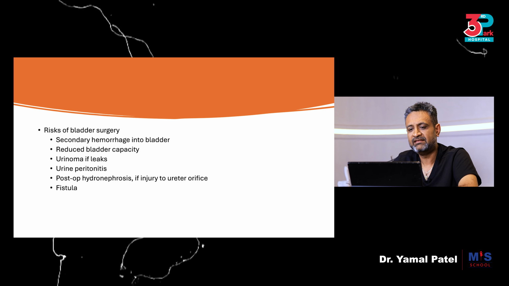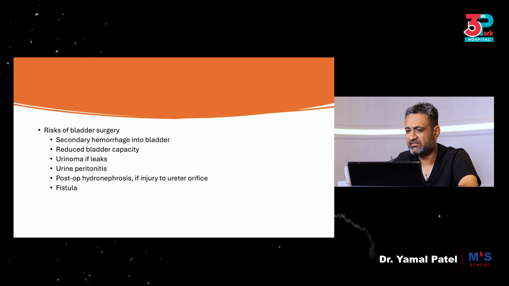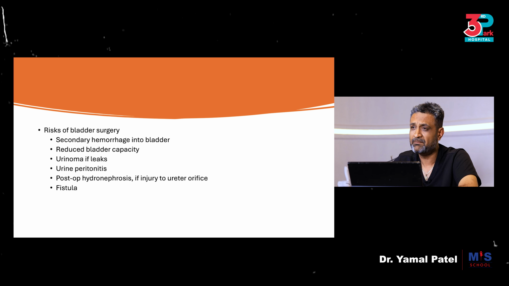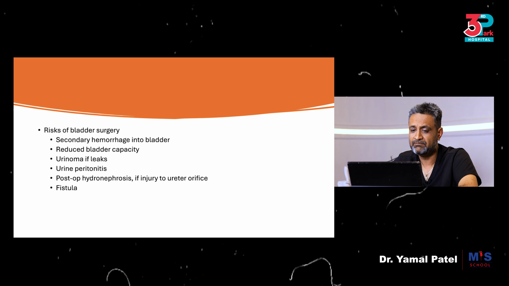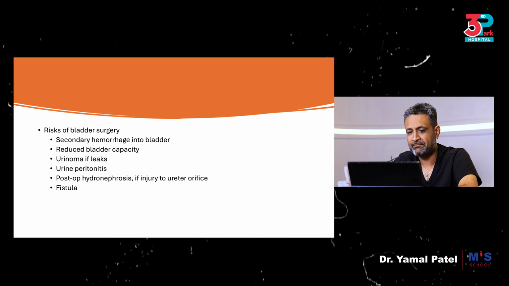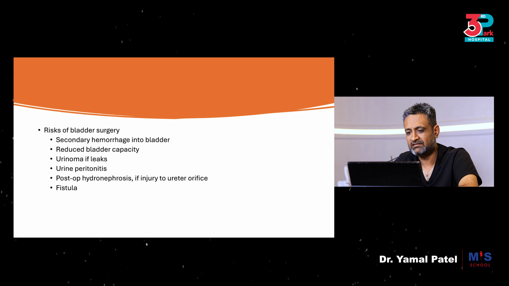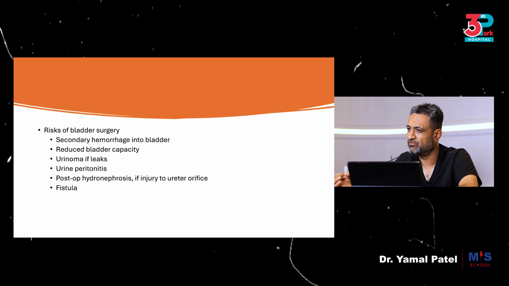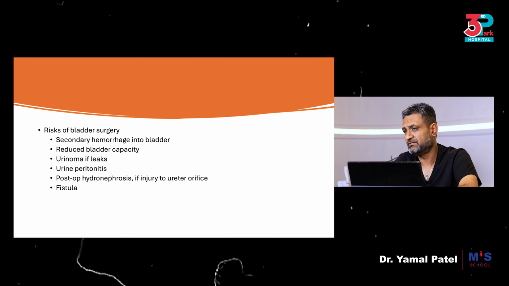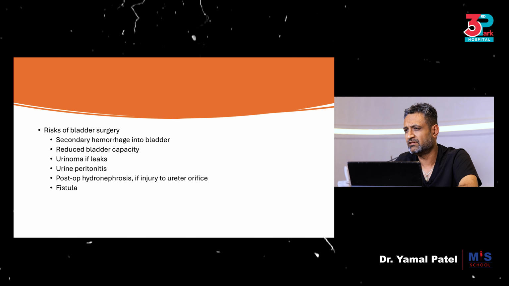What are the risks of bladder surgery? It could be secondary hemorrhage into the bladder, reduced bladder capacity, especially if you excise a big nodule, a urinoma if you get a leak, peritonitis with urine could happen, post-op hydronephrosis if the injury was very close to the ureter and by mistake you took a stitch or blocked it up, and sometimes a fistula, especially to the surrounding structures,